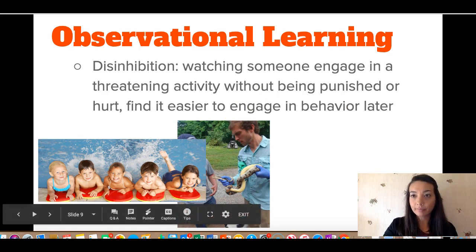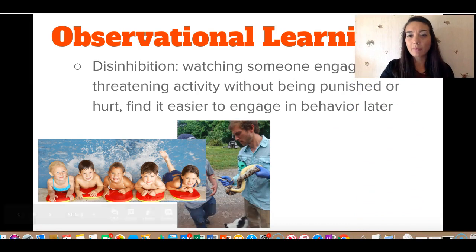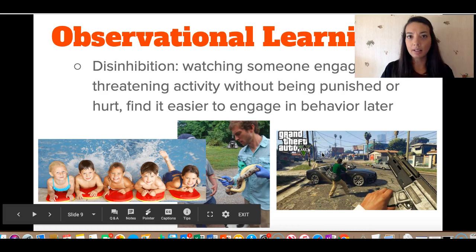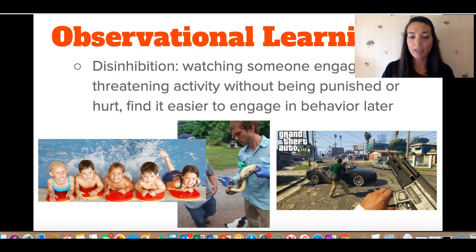Okay. Now, this can be seen in a negative sense also, disinhibition. Let's take violent video games that youngsters, let's say kids under the age of 12, I mean if you want to lower the age you can, but let's say that little kids are not monitored while they are playing mature video games, okay? I know Grand Theft Auto isn't one of those ones that is necessarily played all the time. There are more popular games these days.